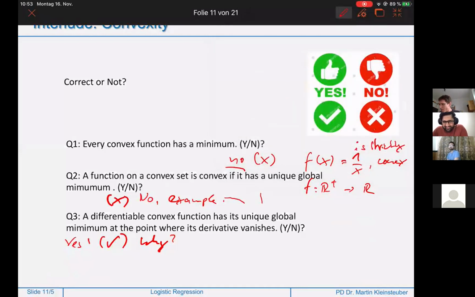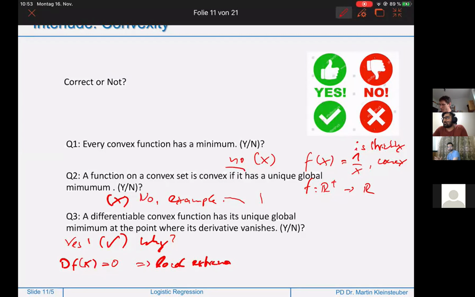Okay. So why is that the case? A differentiable convex function has its unique global minimum at the point where its derivative vanishes. And I would say yes. And why is that the case? Well, because you have the derivative of f at x is 0. That means you have a local extreme point, right, local extrema. This is because f is differentiable,